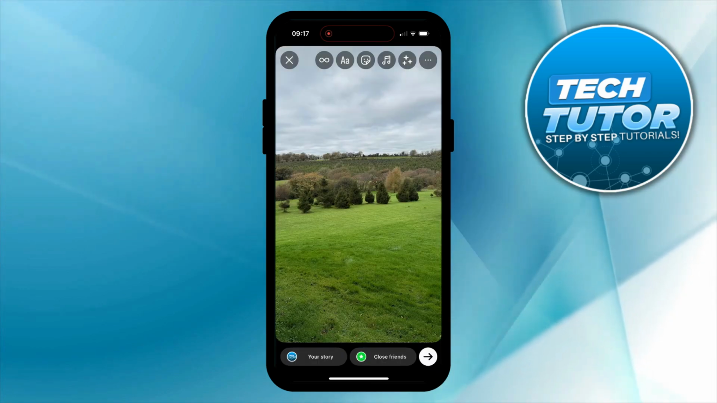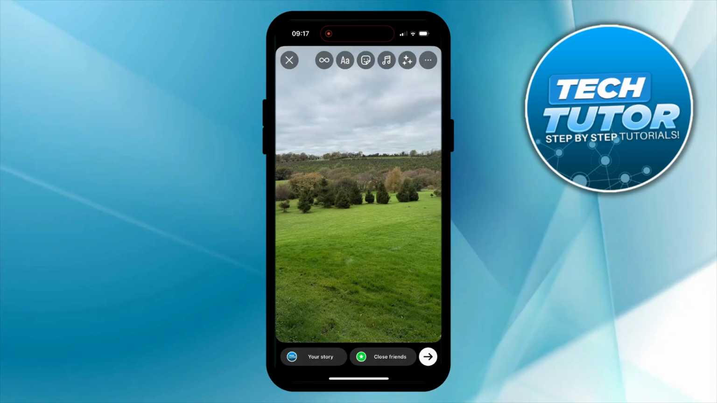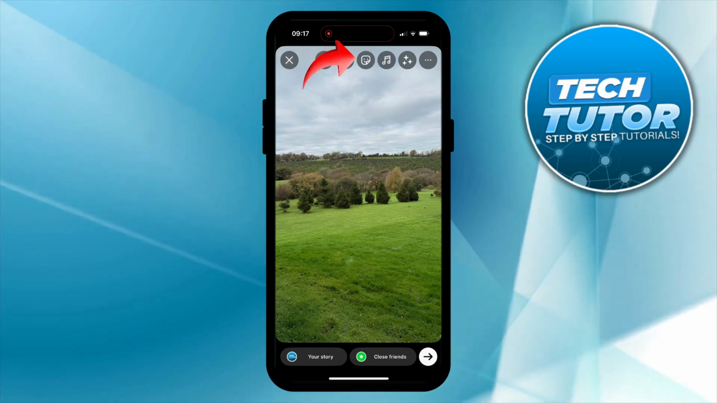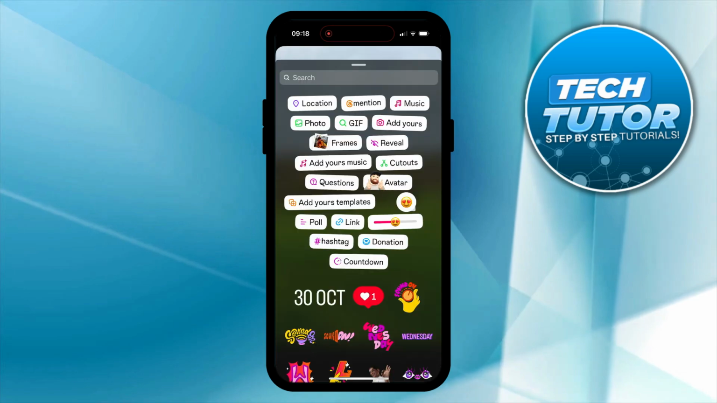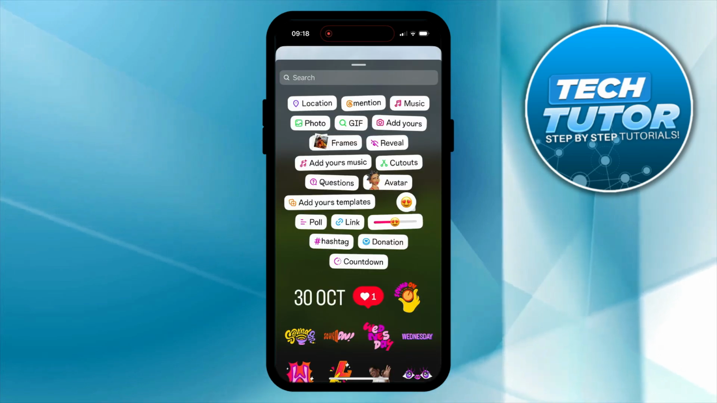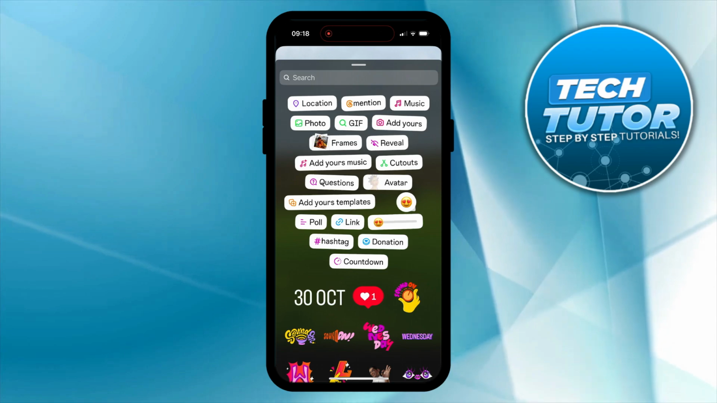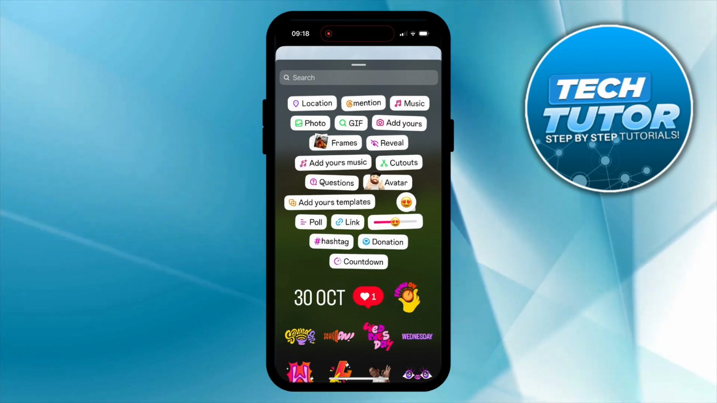So what I've done, I've selected this picture, and what you're now going to want to do to add a countdown timer is come up to the top and you want to press onto the sticker icon, which is this icon just here. And in here at the very top, you're going to see these different options, for example, location, frames, mention, and so on and so forth. Now you can see there's an option here for countdown,